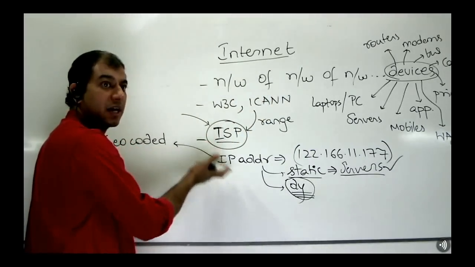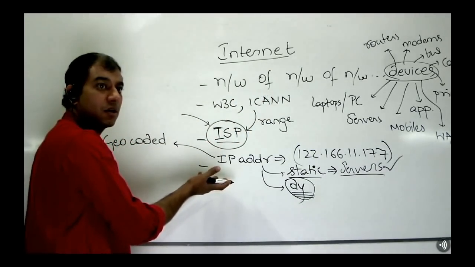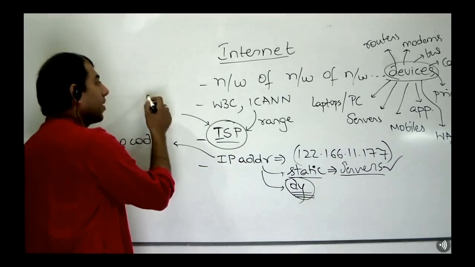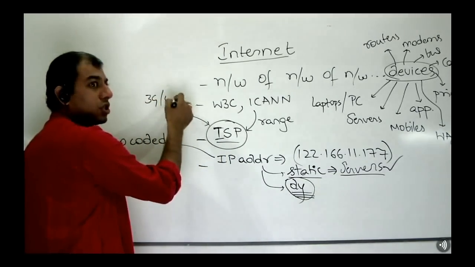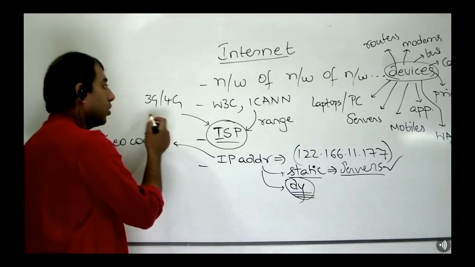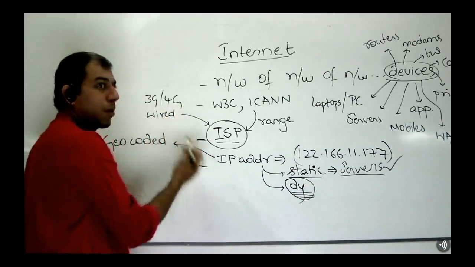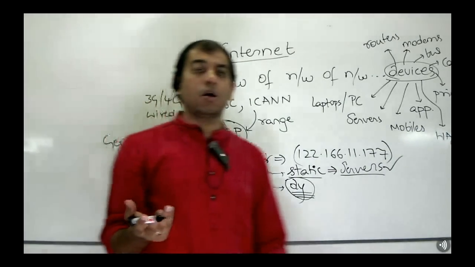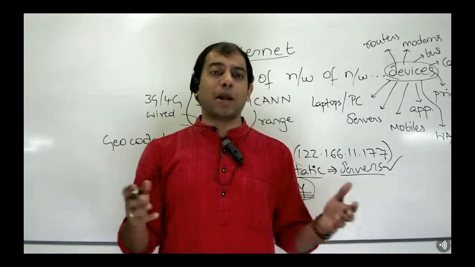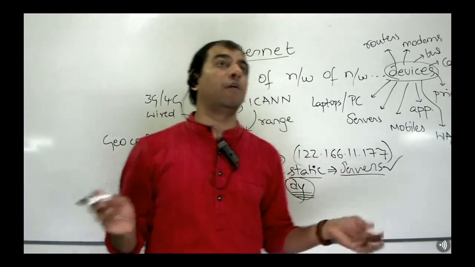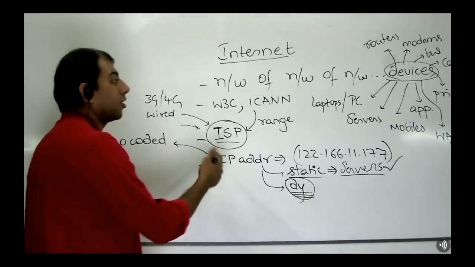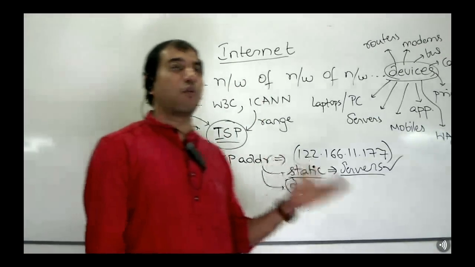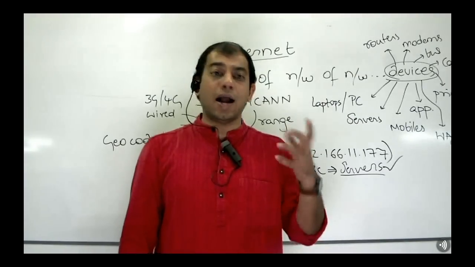How does our device interact with the ISP? Through network connections. Like what? Maybe if you have a phone, you have a 3G, 4G LTE connection, right? Maybe you have a wired network, right? You have your broadband connections. Maybe you have a dial-up connection, right? Maybe you have your WAN connection. Bottom line is there are a multitude of different ways of connecting to the ISP to seek the IP address. Bottom line, once it is connected, it is now one of the 4 billion devices which has a unique identity.